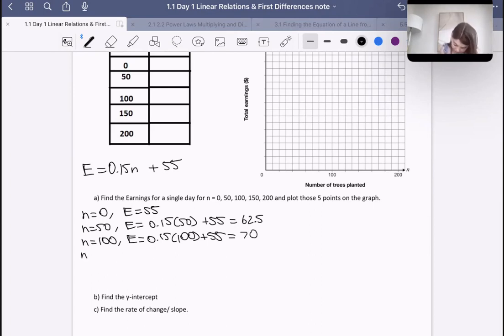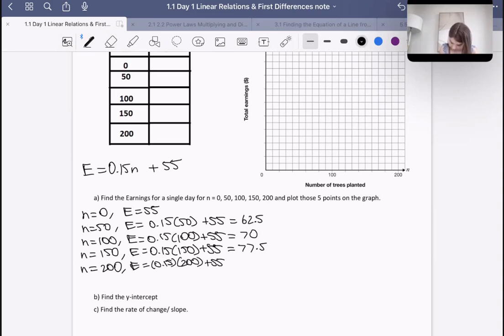Let's say she plants 150 trees. That's going to be 0.15 times 150 plus 55, which is 77.5. Excellent. And then n equal to 200 would mean e is equal to 0.15 times 200 plus 55. So that's like 30 plus 55, which is 85. So there we go. So now let's plot these points on the graph, but first we need to do a